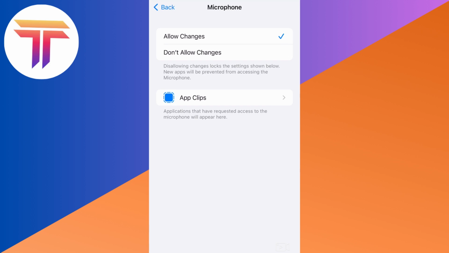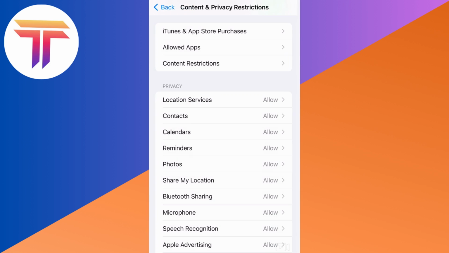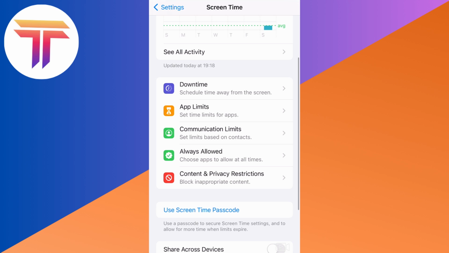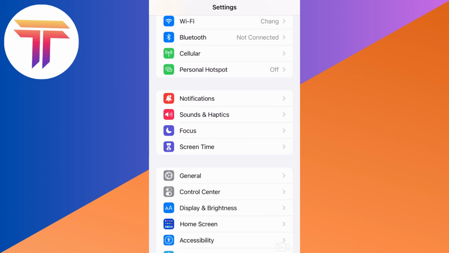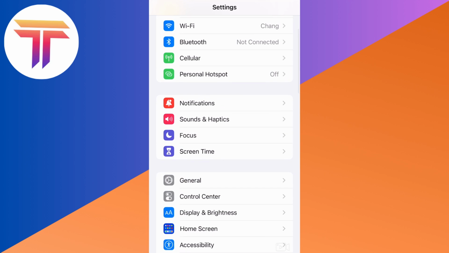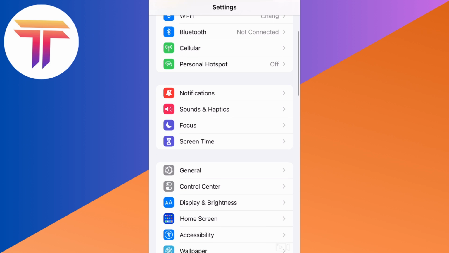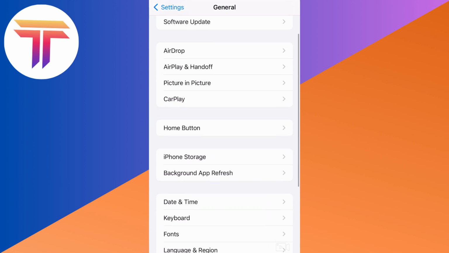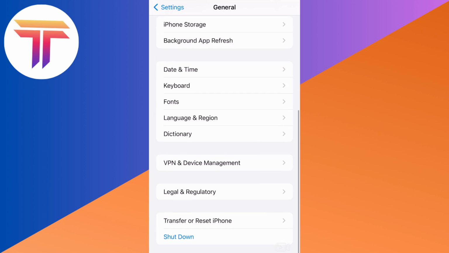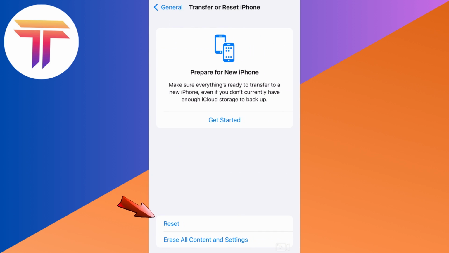Now, if this method didn't work, then the next thing you should do here to fix this microphone not working on iPhone is to go back to your settings. This time, what you're going to do is you have to tap on general, scroll down, and then tap on transfer or reset. Lastly, reset your iPhone. It won't delete your data but will reset system settings. So basically, this will help you fix the problem of microphone not